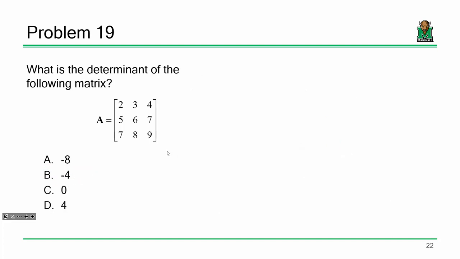2 more problems. I wanted to at least just throw one straight matrix problem on the handout. If I had to go back and recreate these slides for tonight's lecture, I probably wouldn't have done this problem because we just did a determinant. I'd probably do a matrix multiplication or something. But we have it, so we might as well just go ahead and do it. This is going to be a fairly straightforward problem. If I want to calculate the determinant of A, it's just the determinant